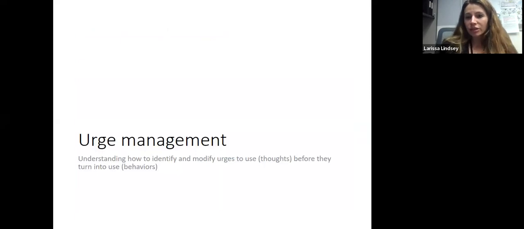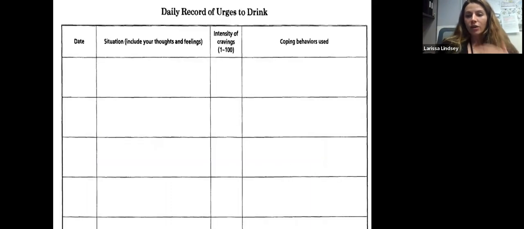Urge management is another technique that's part of relapse prevention. So again, in that kind of chain, we're looking at how do we identify the triggers and intervene there. Now, when we're getting further down and we're trying to figure out, how do I deal with those urges or cravings to use when they show up? How do I modify that stuff? Well, that starts with teaching them the skill of monitoring, whether it's, if they're still using, then monitoring their use plus their cravings and urges, or if they're not using, just starting to monitor their cravings and urges